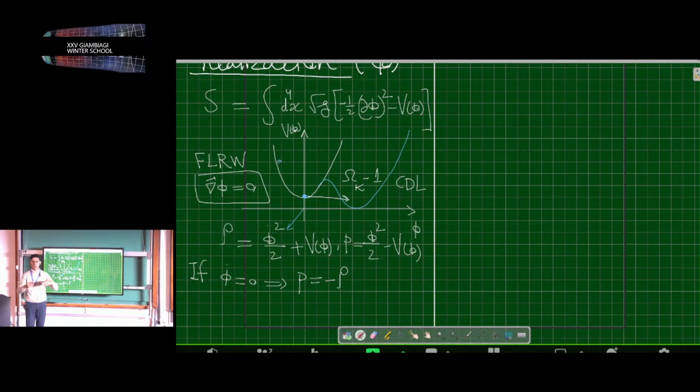But if I want to have w equals -1 for a long period, as I say, I need a long period of inflation. If I want it to be close to exactly -1 for a long period, I should put this scalar field in a minimum so that it sits there. However, this doesn't work, so I don't want to let it sit there. Actually, the way to make it work is to consider a potential, or maybe instead of saying that, I should say another possibility.